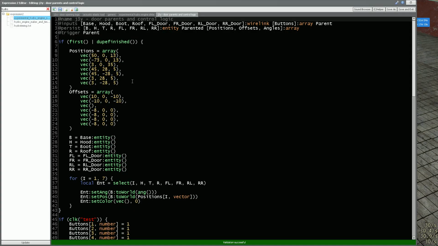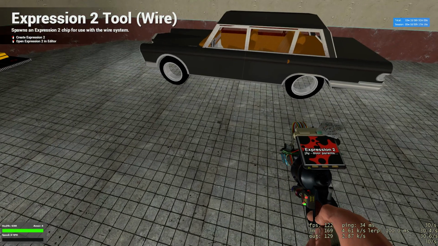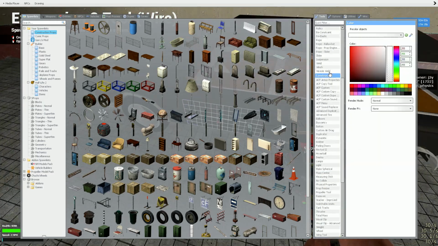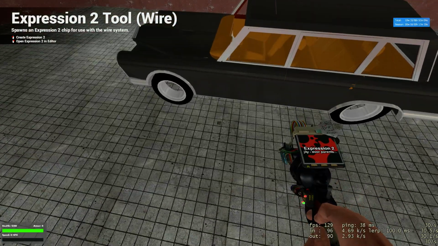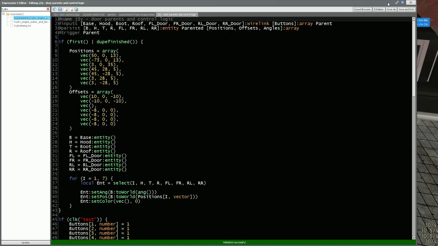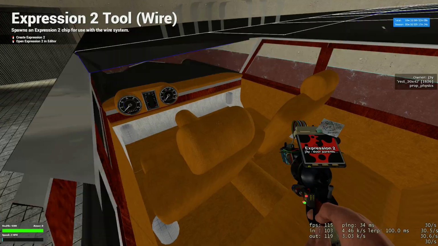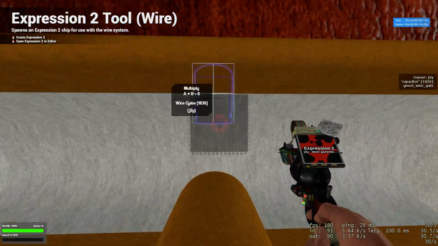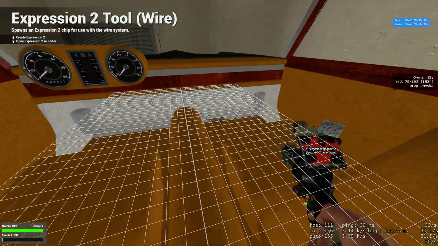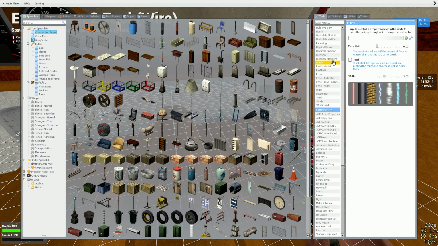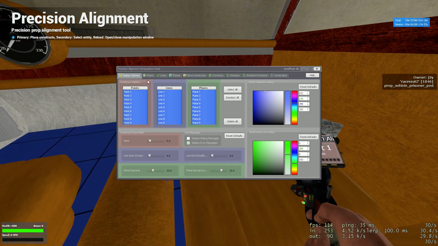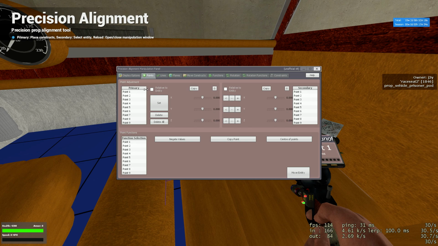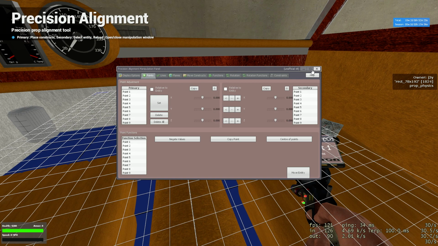In this E2, before parenting these props to the gates, I made sure to get their positions perfect in accordance to these. I used precision alignment to do that. So this one looks like it's for the hood. That one's 50 forward and 13 up, in relation to the base plate, of course. If I were to grab a P8 point right here and follow those exact same